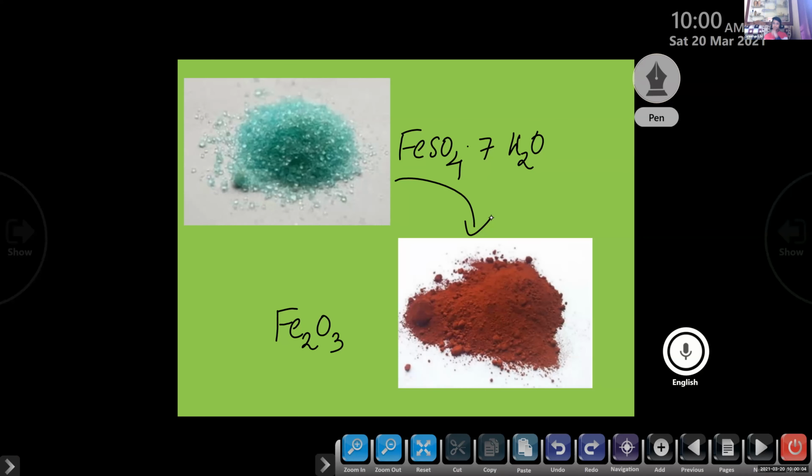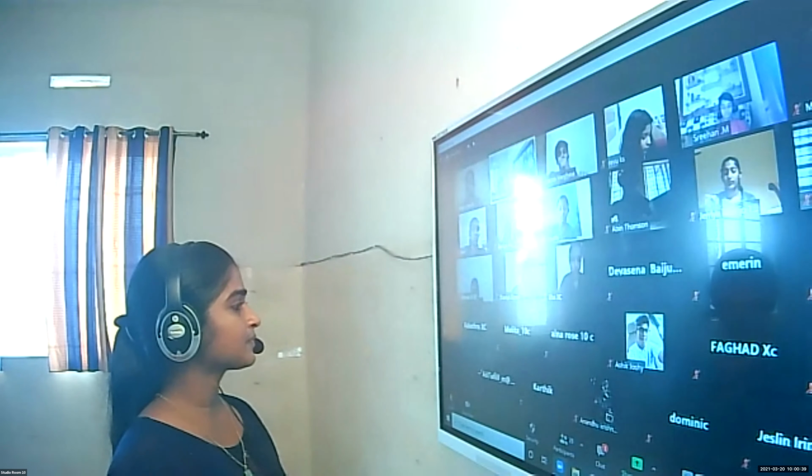Yes, ma'am. First, the ferrous sulfate crystal loses water molecules and becomes anhydrous ferrous sulfate. On further heating, it decomposes to form ferric oxide, Fe2O3, sulfur dioxide, SO2, and sulfur trioxide, SO3. Only Fe2O3 is in solid state, and the sulfur dioxide and sulfur trioxide are gases. Clear? So this is an example of which type of reaction? Decomposition reaction. Okay. Abin,